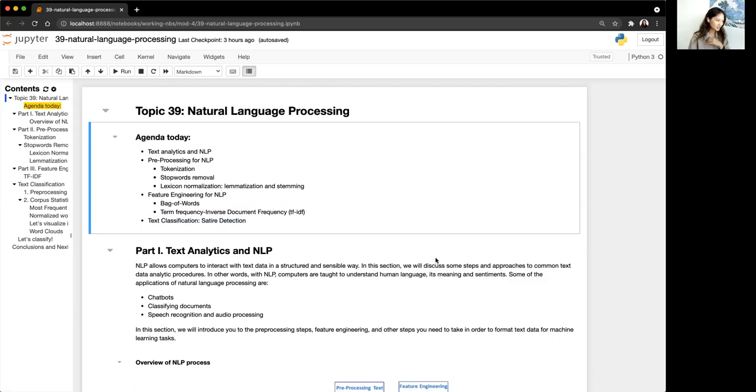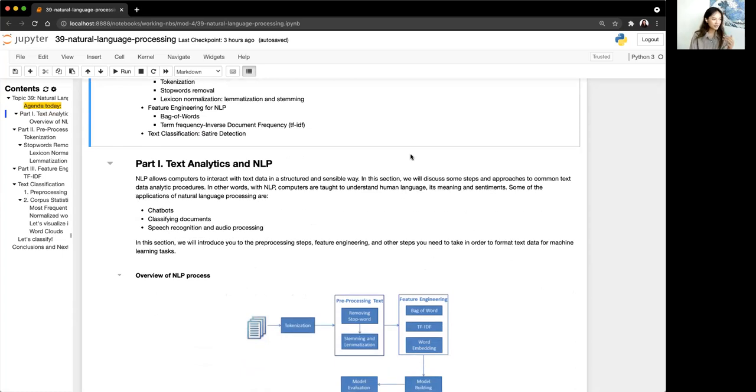All right. So to start, text analytics and NLP. NLP basically allows computers and models to interact with text data in a structured and sensible way. Why NLP is really starting to grow in the last 5 years is because prior to that, it was very difficult to analyze text data, since one way to analyze it is by looking up dictionary definitions of words and figuring out what they mean. But now that we've broken through that ceiling of figuring out different ways to represent our text data numerically, NLP has really taken off since then.